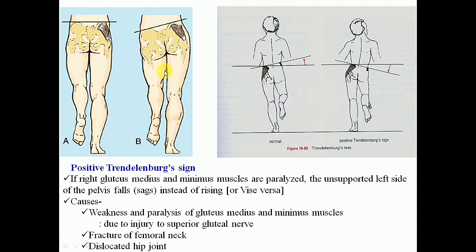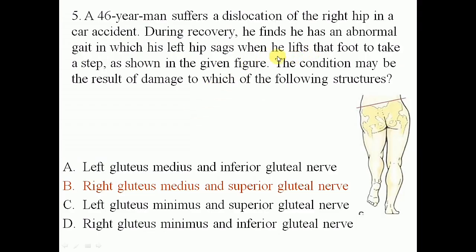Now when gluteus medius and minimus of this right side are paralyzed, the patient cannot walk normally. He will bend or waddle on the right side or paralyzed side to clear the opposite foot, that is left, off the ground. So this is known as lurching gait, and when bilateral it is also called waddling gait. So in this case, because there is sagging of the left side of the pelvis, the muscle affected will be the right gluteus medius or maybe minimus, and the nerve supplying them, and that is the superior gluteal nerve.